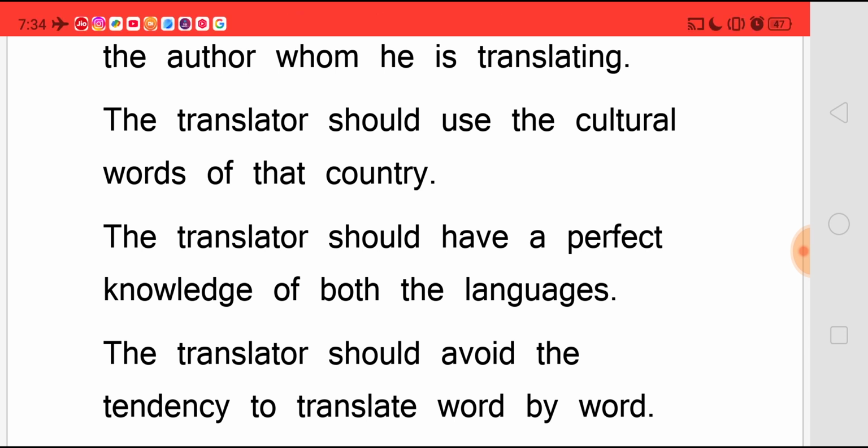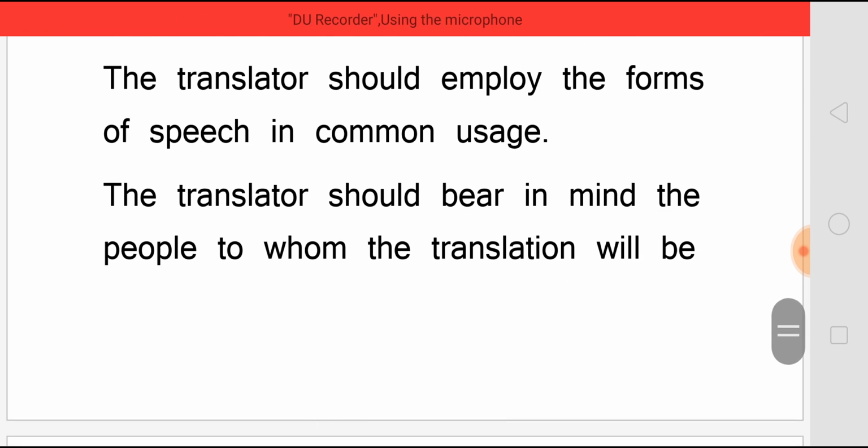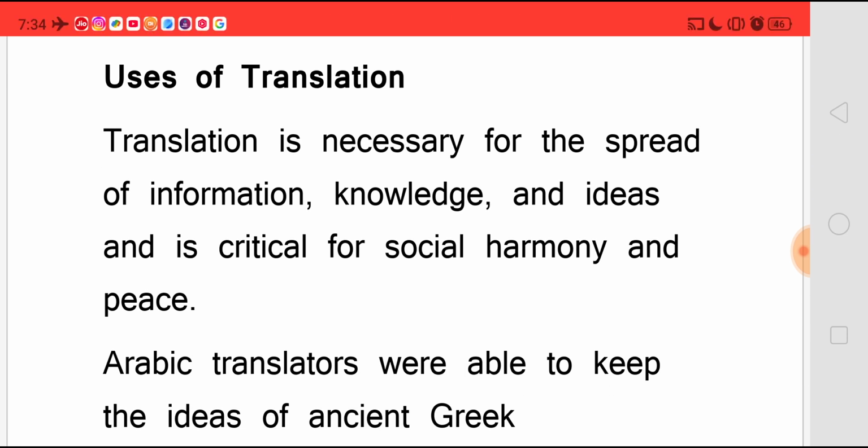The translator should avoid the tendency to translate word by word. The translator should employ the forms of speech in common usage. The translator should bear in mind the people to whom the translation will be addressed and use words that can be easily understood. And when we see about the uses of translation, translation is necessary for the spread of information,